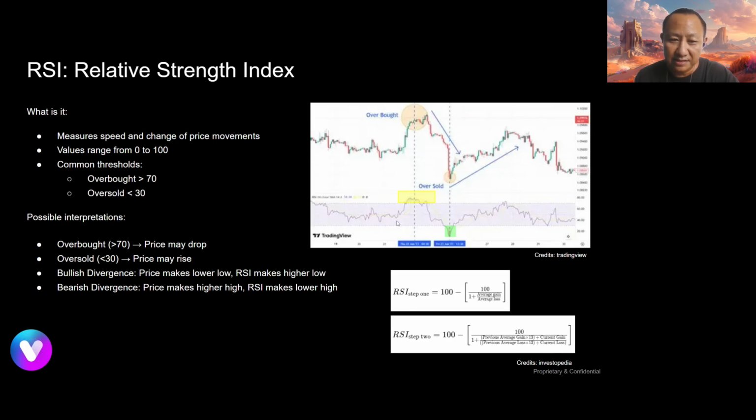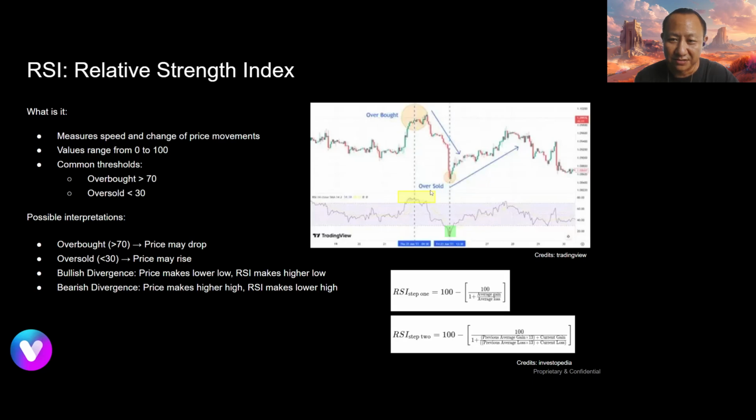Right? Conversely, if the price is making a higher high, but your RSI is making a lower high, that is a bearish signal, and it could mean that the price will drop, right? So it measures intensity of the buying or selling, and also how much activity is going on in that region,